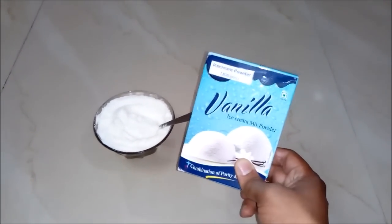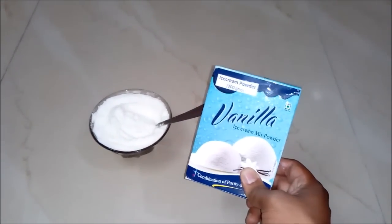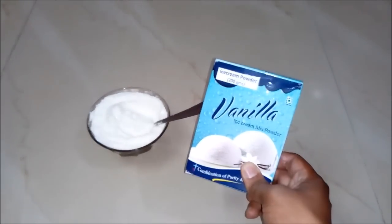So friends, now you came to know how simple it is to prepare an ice cream powder with just the